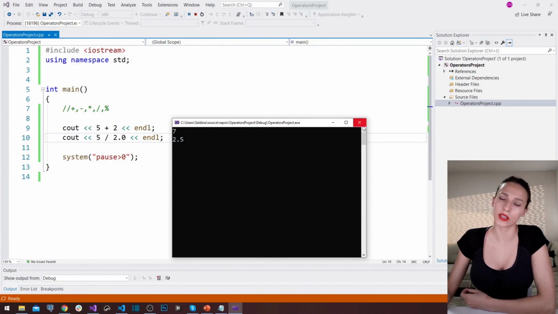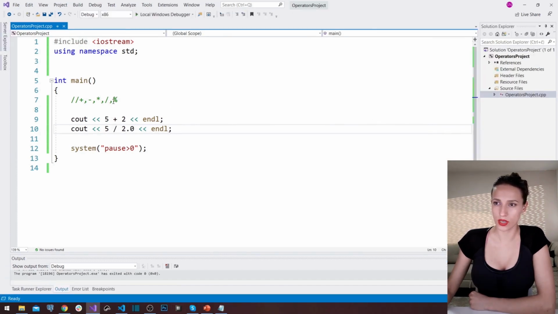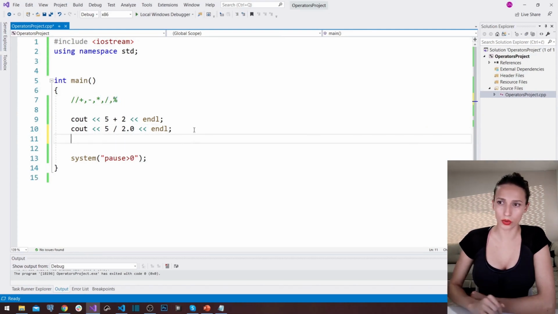That is one rule that you really need to know when it comes to this division operator. And another tip that I want to show you is this operator of modulo. So how do we use this modulo operator? This example here that I've just shown you, let me return this to this situation where I've been dividing two whole numbers, and